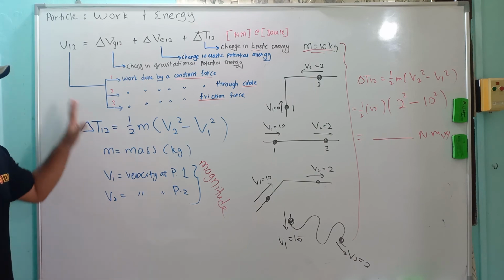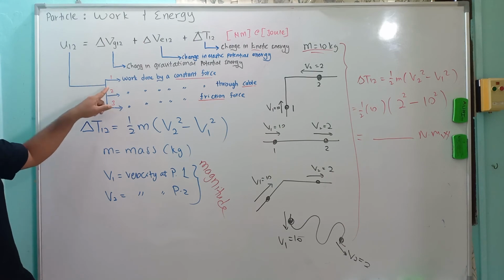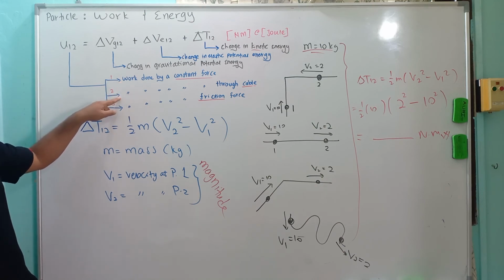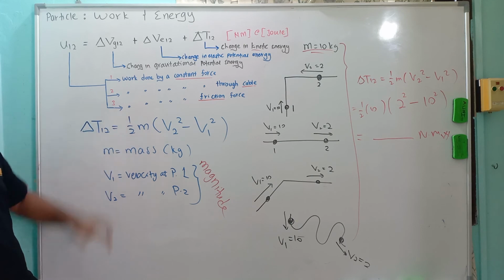Okay. So that's all for the 4 components. Again, for U12 we have 3 that were done by a constant force. If you see a constant force directly acting on the component, you put this one. If not, you put 0. This one, if you see a cable in the figure; if there's no cable, you put 0. This one, if and only if the system has friction, meaning that it is not frictionless, it is a rough surface, so you have friction.